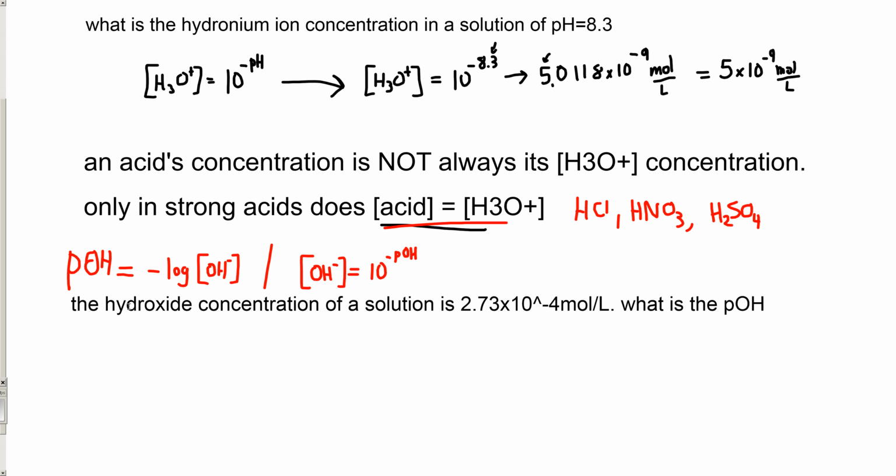Piece of absolute cake. So our formula there, negative log, and now we write down the OH concentration, 2.73 times 10 to the minus 4 moles per liter. I throw that into my calculator, negative log 2.73 negative 4, and we get